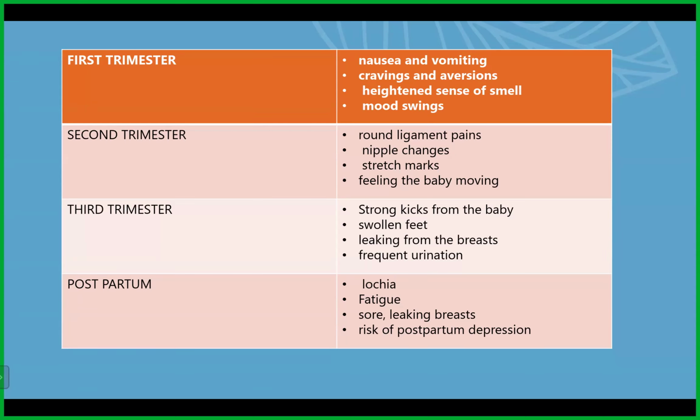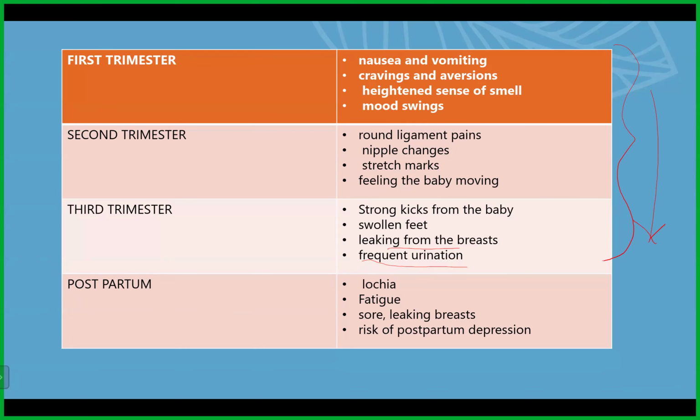Okay. In the third trimester, you will start feeling small kicks from the baby. You will feel some swollen feet. You can feel some leaking from the breast. You can feel frequent urination. All that happens in the third trimester. Conceptually, from the first trimester to the third trimester, the baby keeps growing, so more and more pressure comes when they reach the third trimester. That is why frequent urination and leaking happen; at the last stage, they're going to push out the baby. In that way, you can remember your symptoms or complaints.